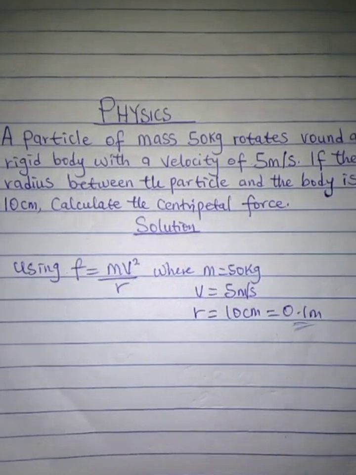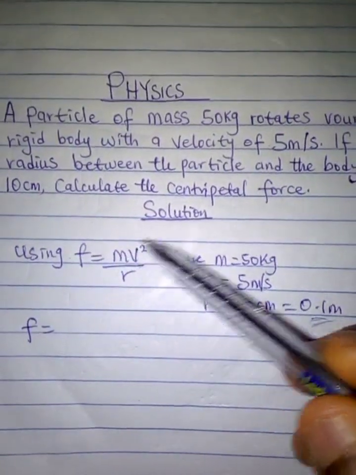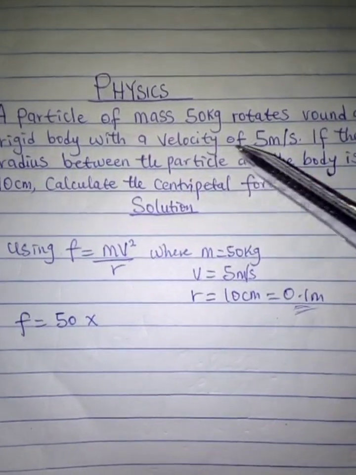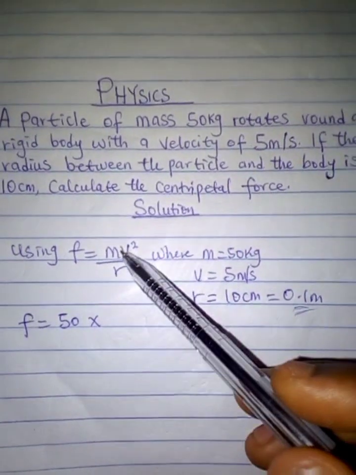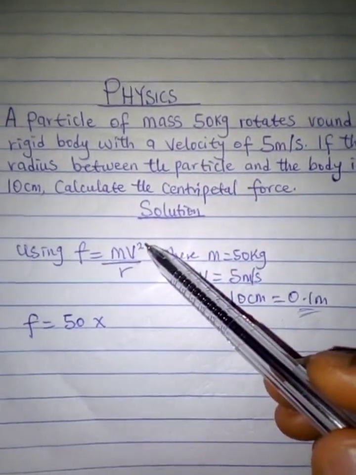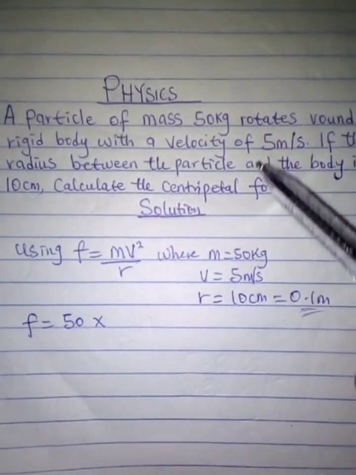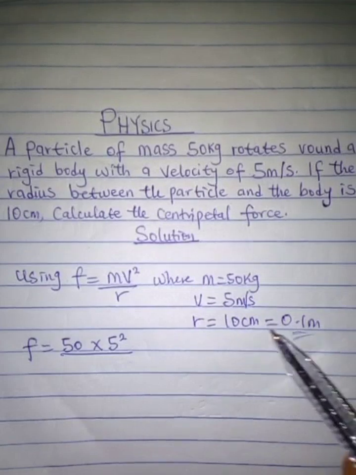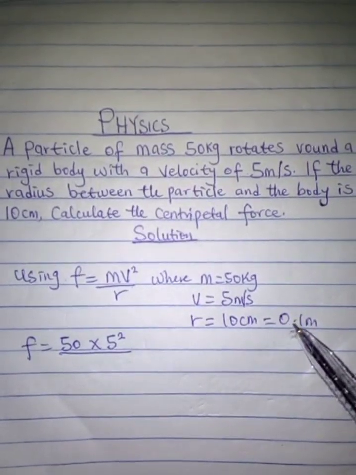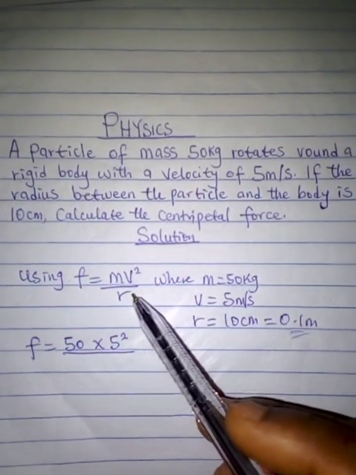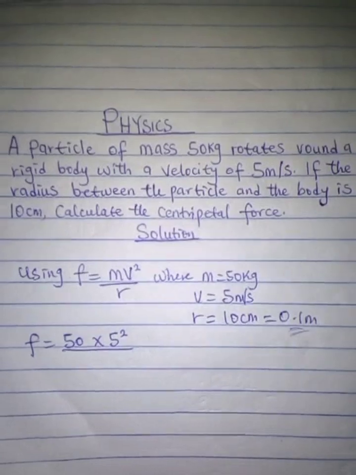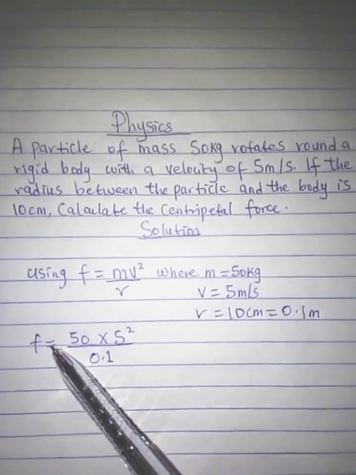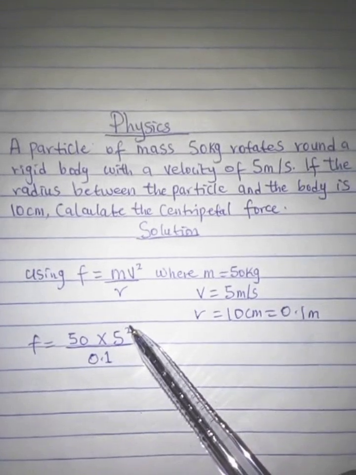Now let's substitute. What is our mass? Our mass is 50 kilograms. What is our velocity? Velocity is 5 meters per second. Now, this is velocity squared, so we write 5 raised to the power of 2. What is our radius? We've converted our radius to meters, and we had 0.1 meter. So in place of radius, we put 0.1. So from here, we have that F is equal to 50 times 5 raised to the power of 2 all